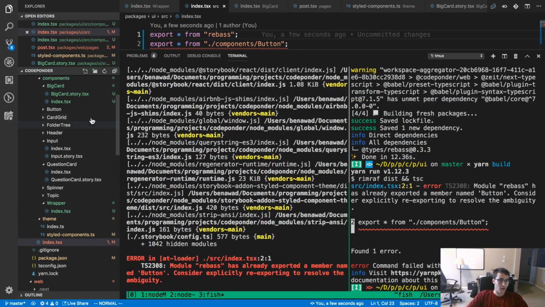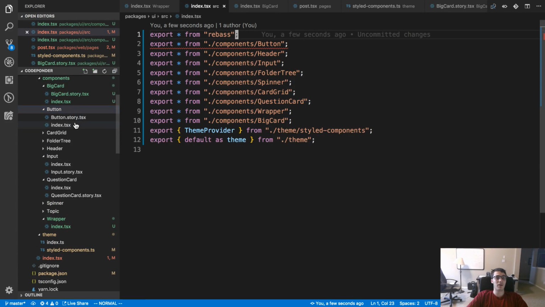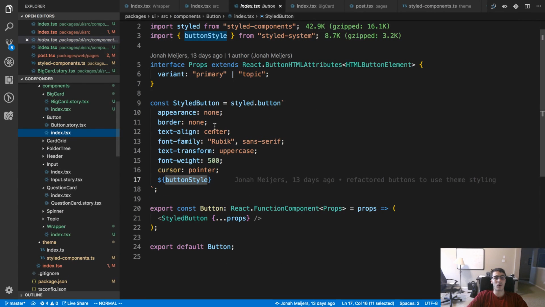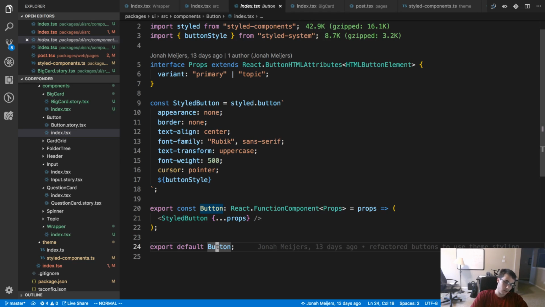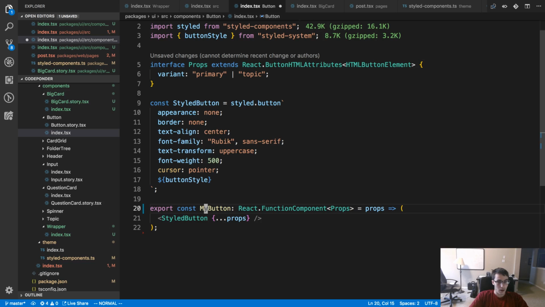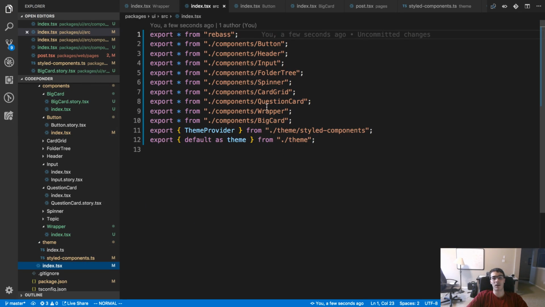Alright, so we're gonna have a button conflict there. So I guess with my button, we'll call it something else. I'm not gonna export the default with it anymore. And I'm just gonna call this my button for now, and we'll figure out how those things work together.